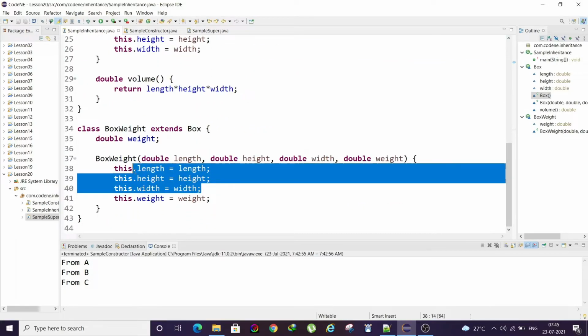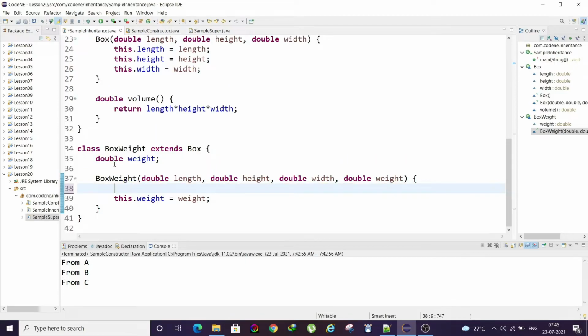Coming on to how we can use the super constructor. As I said, super is a keyword using which you can call your parent constructor. Not just the default, you can call this as well, height, then width. So the functionality of the code is exactly the same, but it is saving your space.